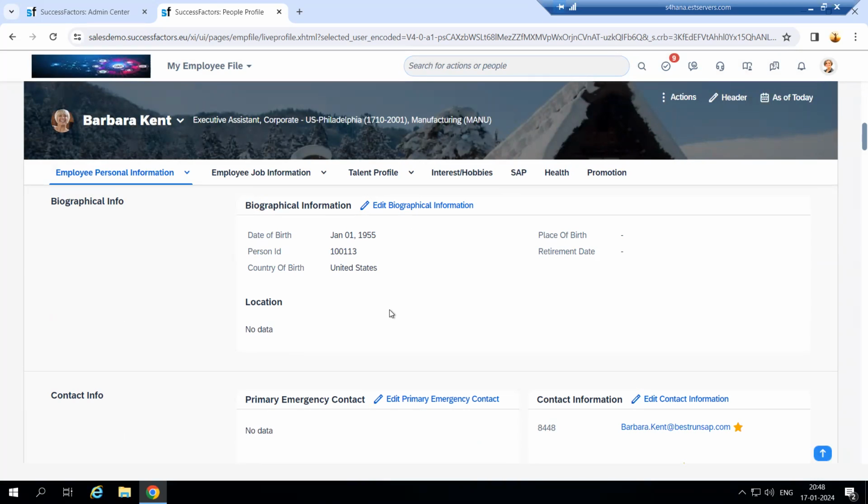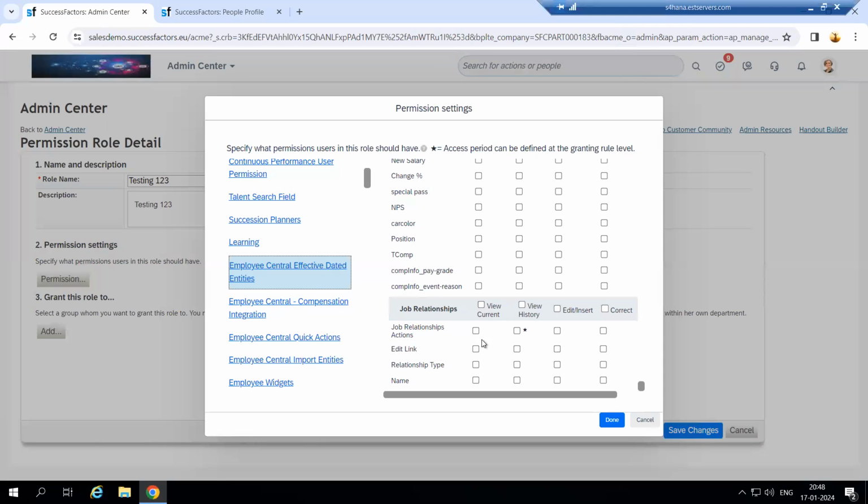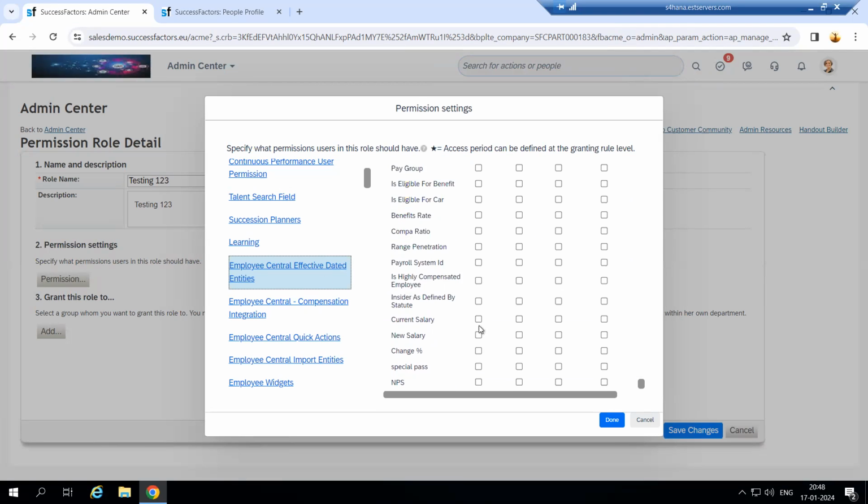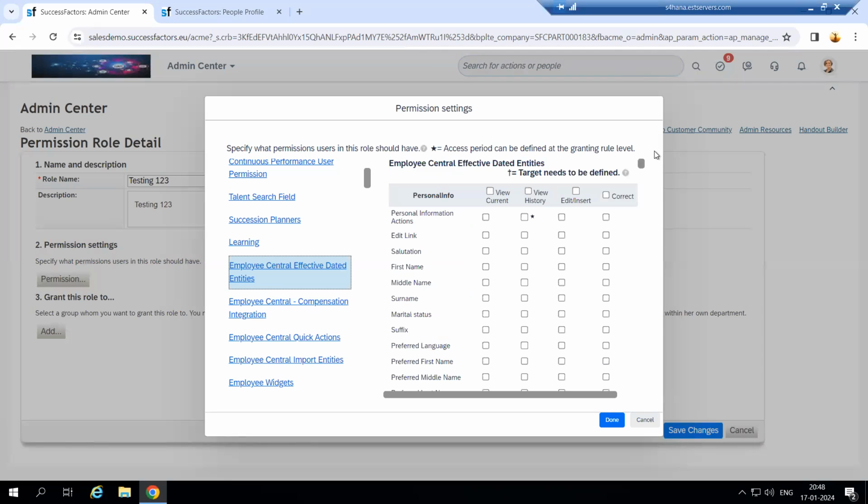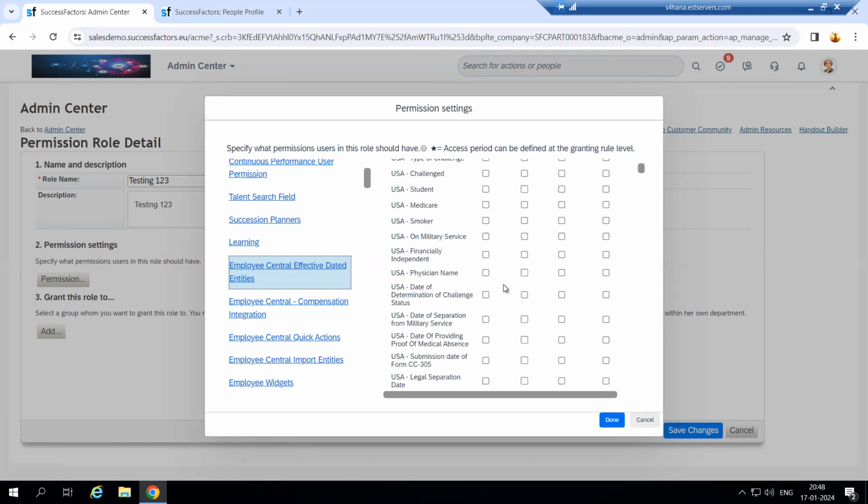So, ma'am, salary will also come in effective dated entity? Salary will also come in effective dated entity, because it is changing based on the next person or the hike. Salary will change, your compensation, benefits, it all will change. So here you can see what comes under the employee effective dated: your personal information